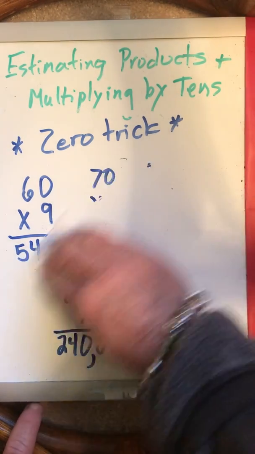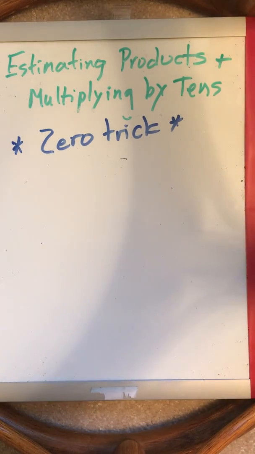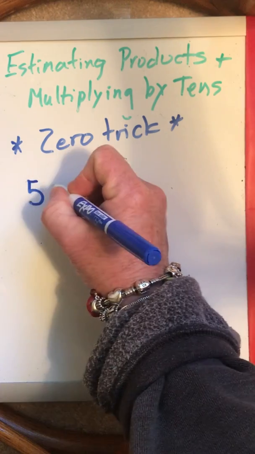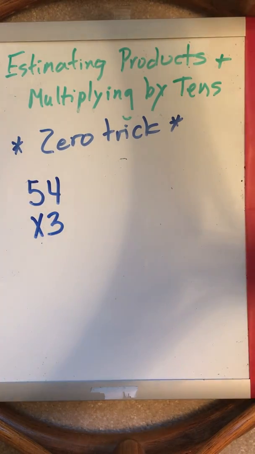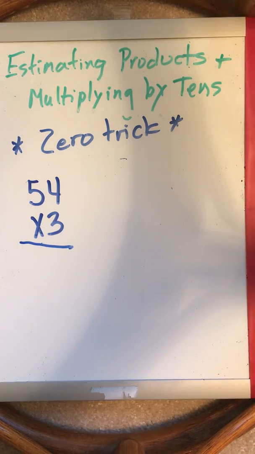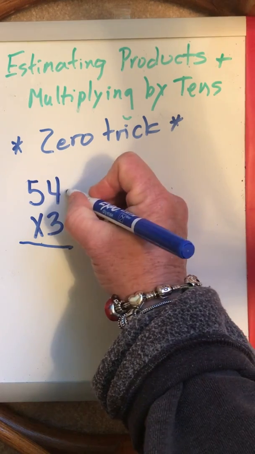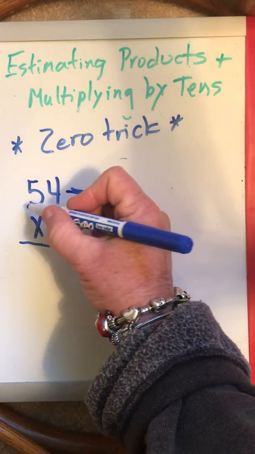And it also comes in handy when we are estimating products. Let me show you what I mean by that. When we're estimating products, that means, say we have 54 times 3. Now, we actually haven't learned how to multiply such a large number yet. We will be doing that this week, though. But we're going to start off with estimating because it is a little bit easier because we can use the zero trick. So we take a look at 54, and we're going to round that to the greatest place,